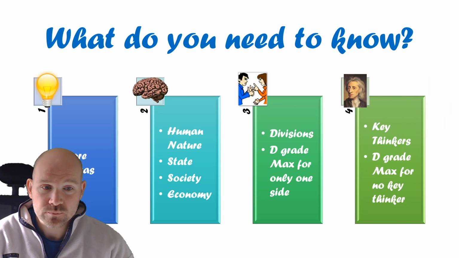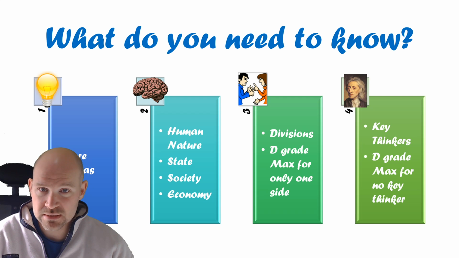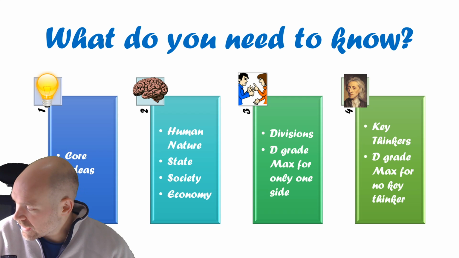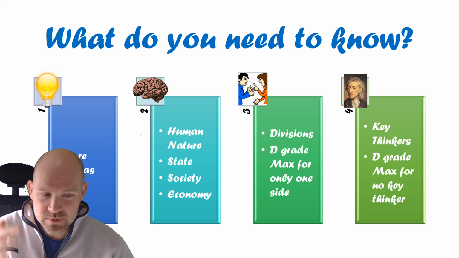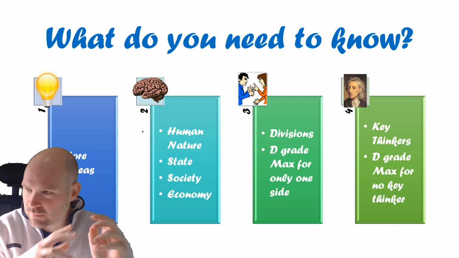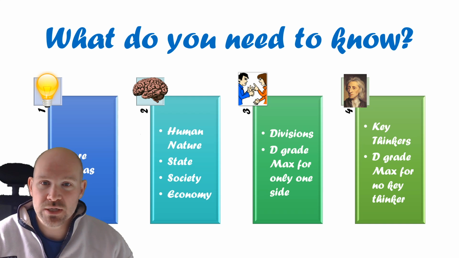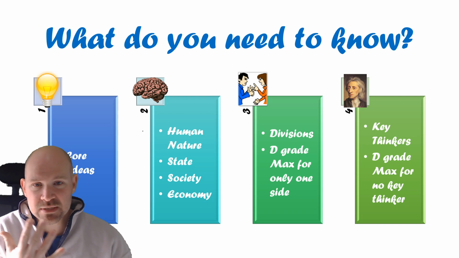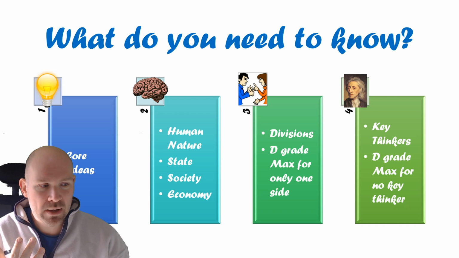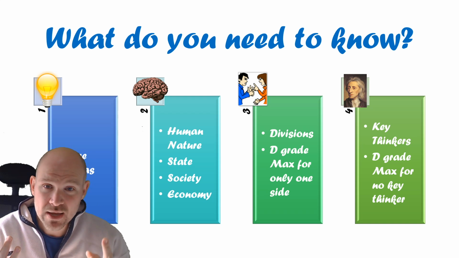And lastly, you need to know about the key thinkers. Each ideology has been assigned 5 key thinkers by the exam board, and they're listed. There has been some disagreement about whether the thinkers are in the right place, and why this thinker is here and this other thinker is not. Just deal with it, accept it. Each ideology has been assigned 5 key thinkers. Now, say you're like, oh, hang on a minute, I really want to talk about this other thinker as well. Can I do so? Yes, you absolutely can.